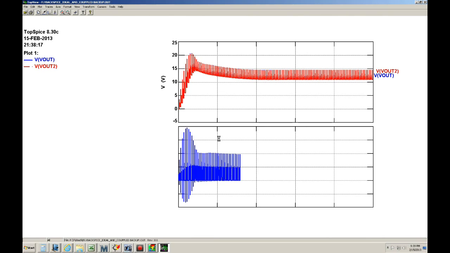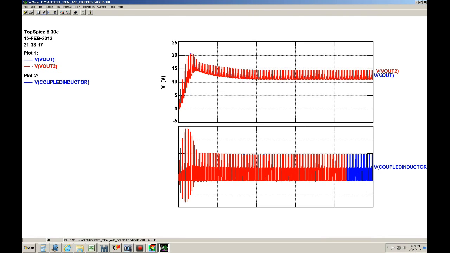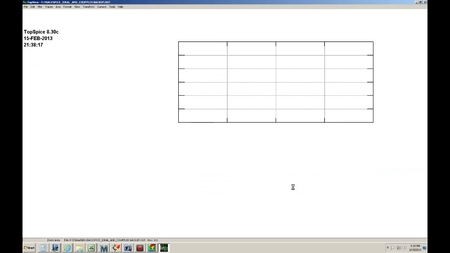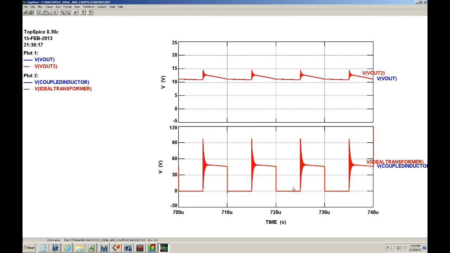Okay, here I'm plotting the voltage output of both models. As you can see, it goes to 12 volts. And then on the bottom here is the drain. Okay, I'm going to go ahead and zoom in. Okay, and if you notice,